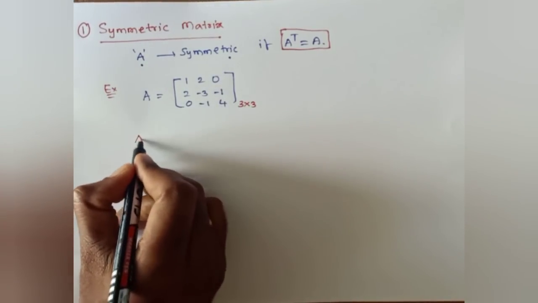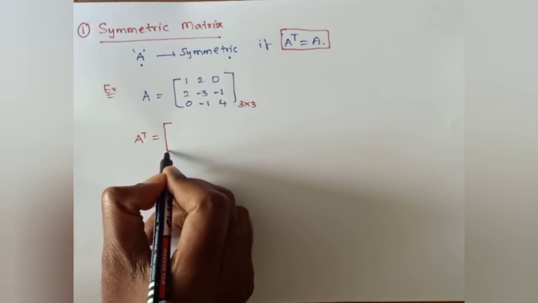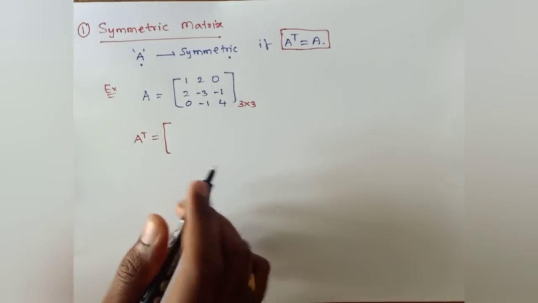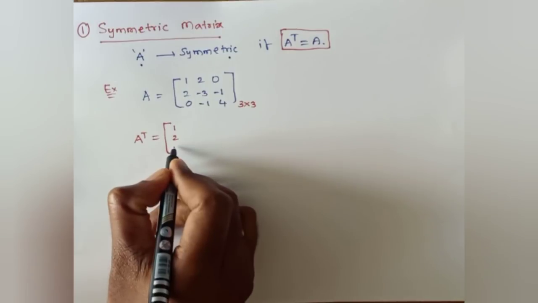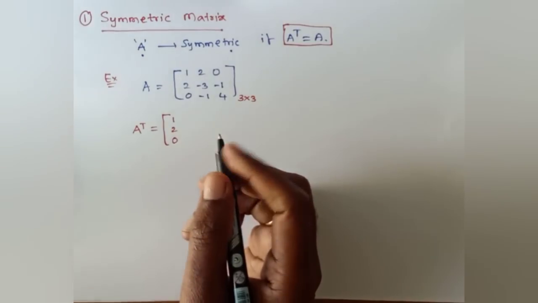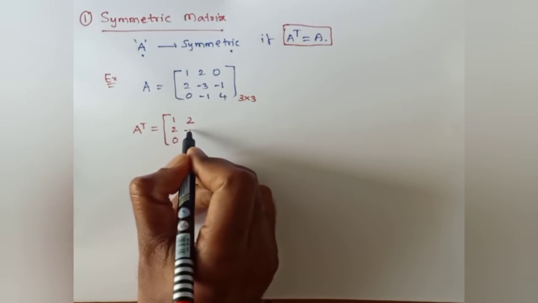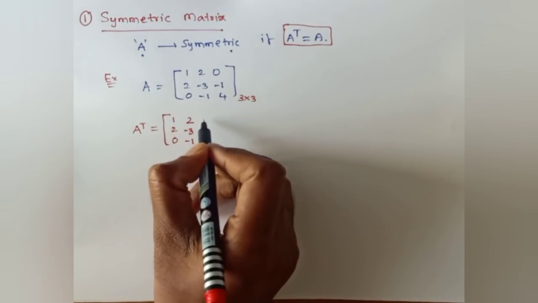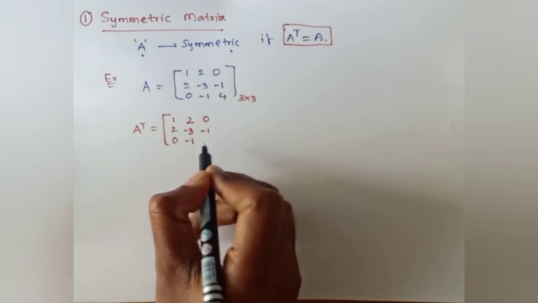Now, first try to evaluate A transpose. What is A transpose? By interchanging the rows into columns here. So the first row becomes the first column of the transpose matrix: 1, 2, 0. Next, the second column is 2, minus 3, minus 1, and this third row becomes the third column,